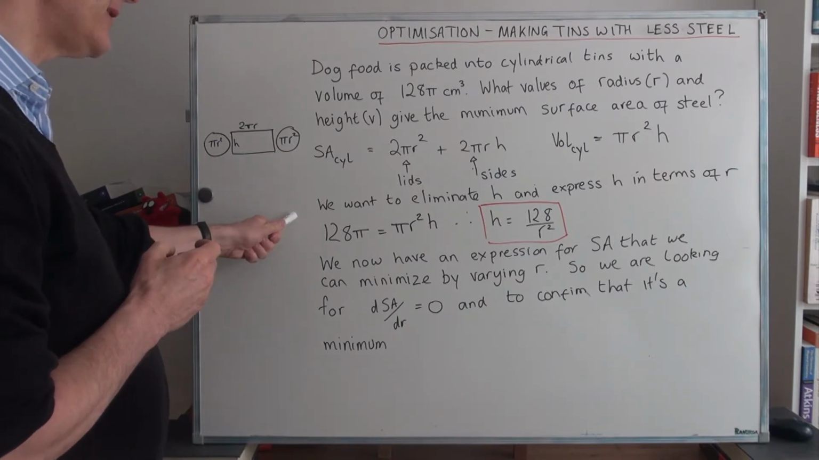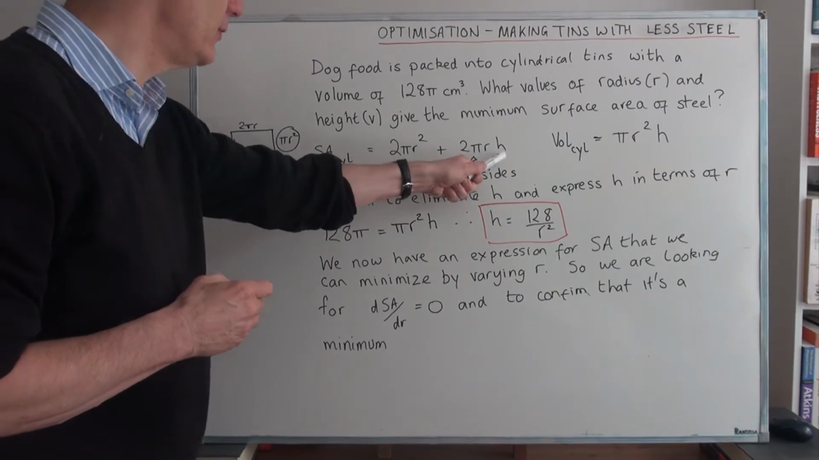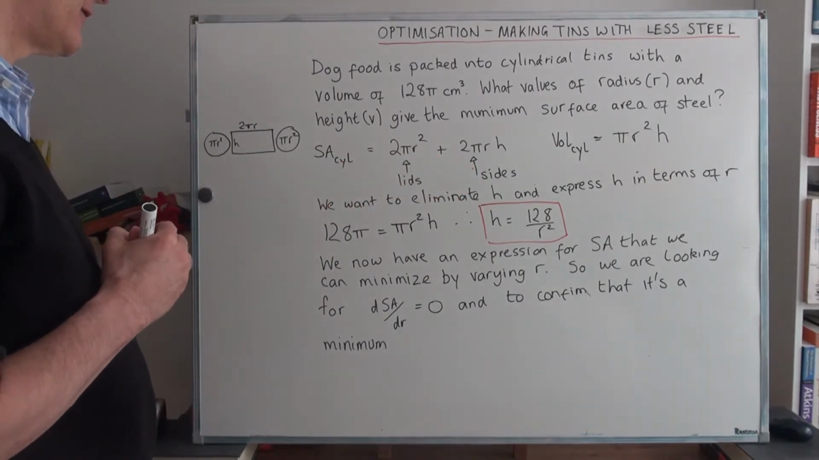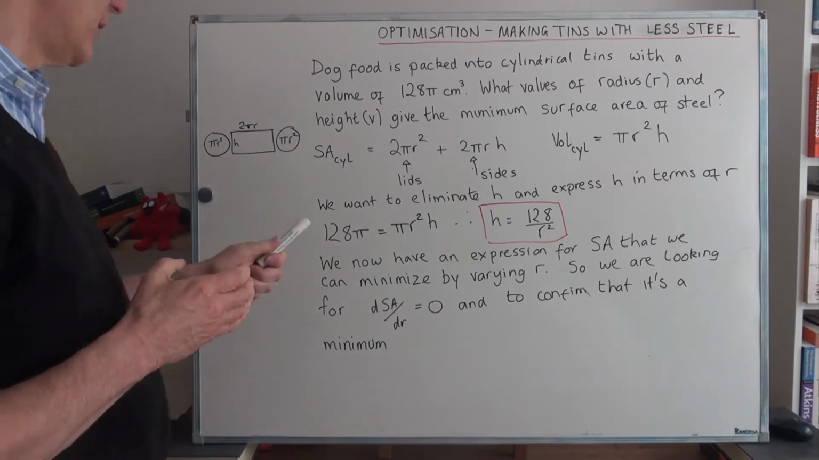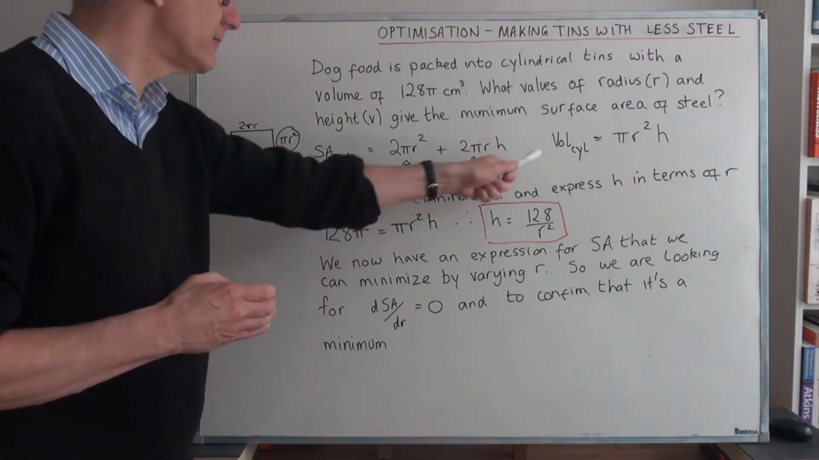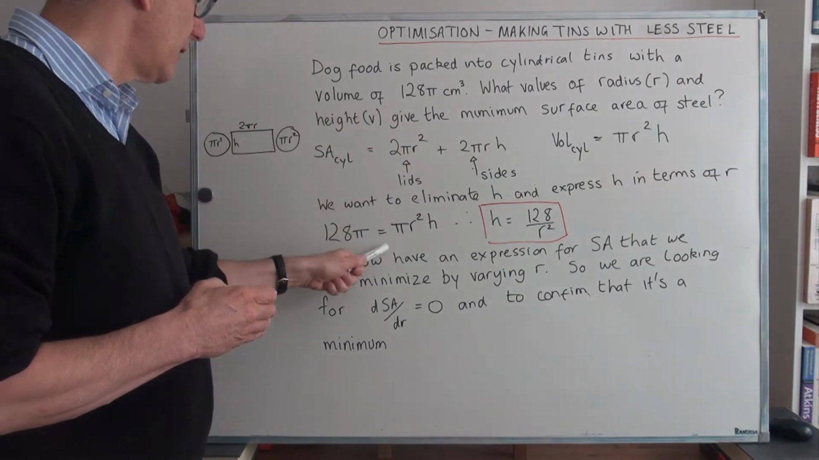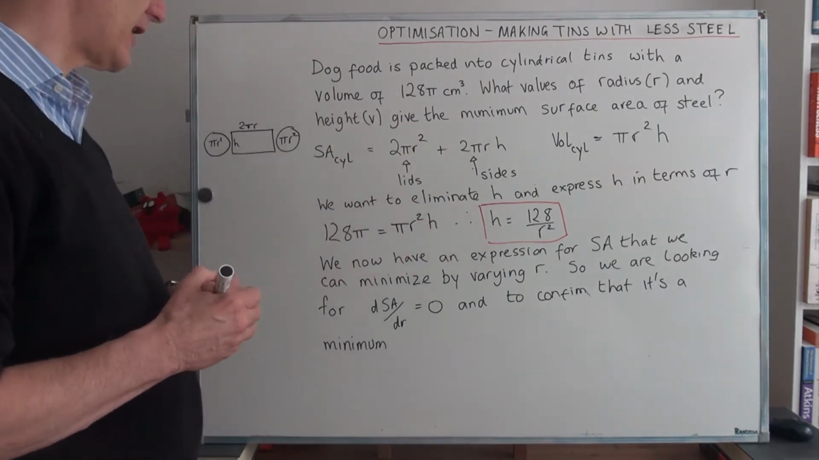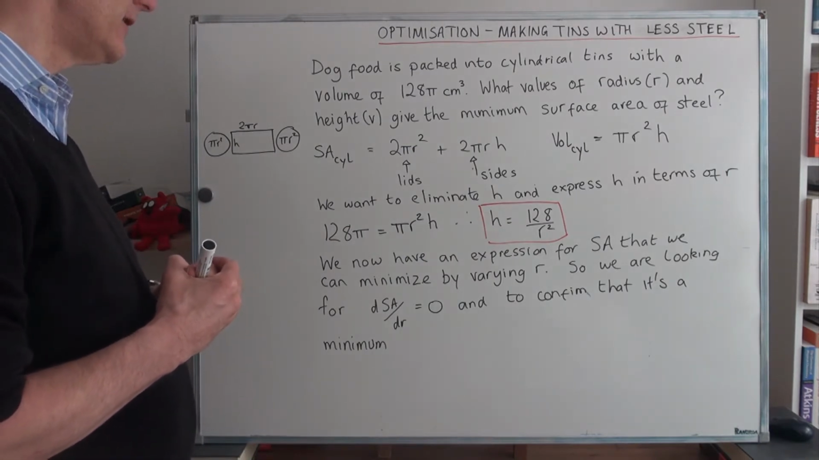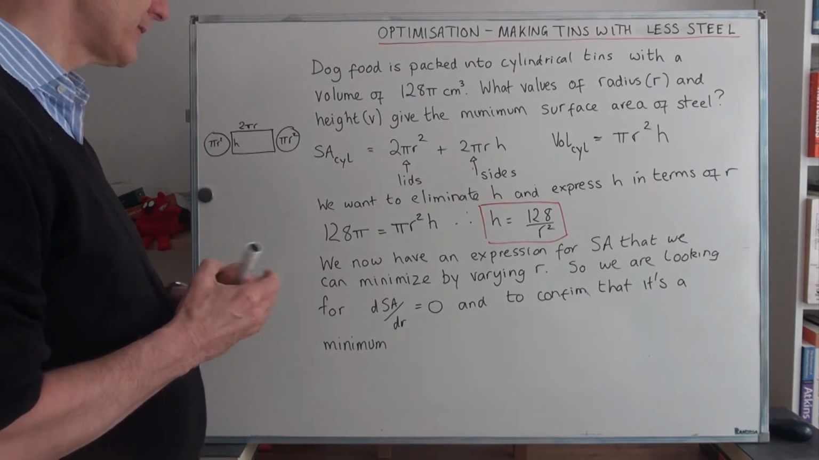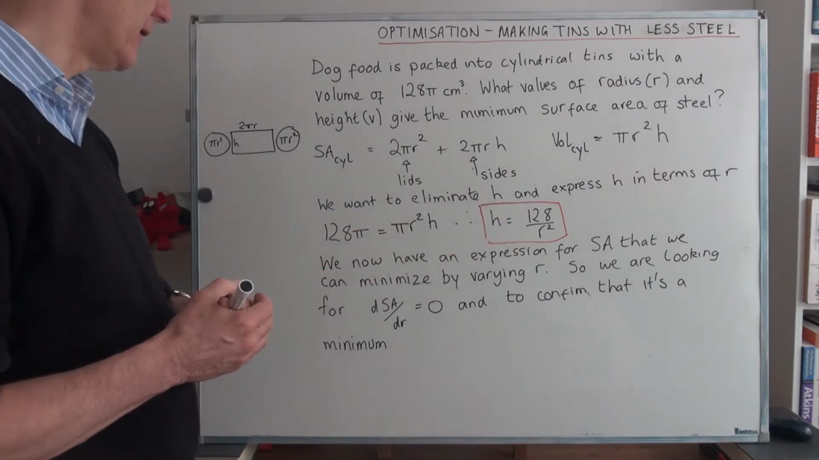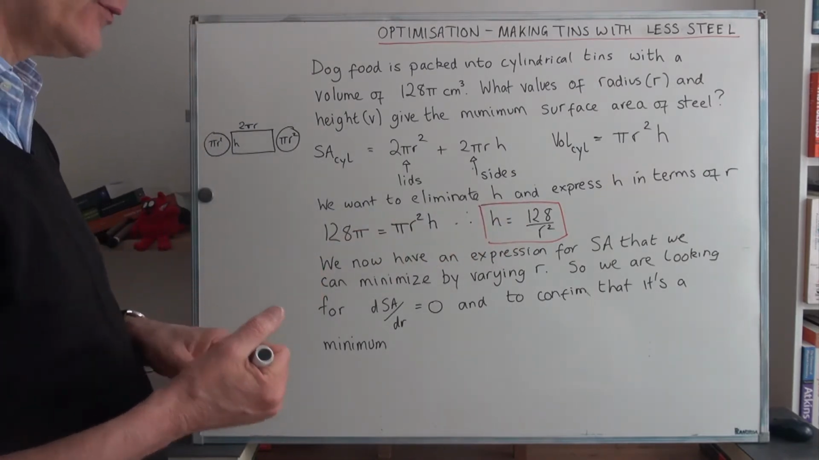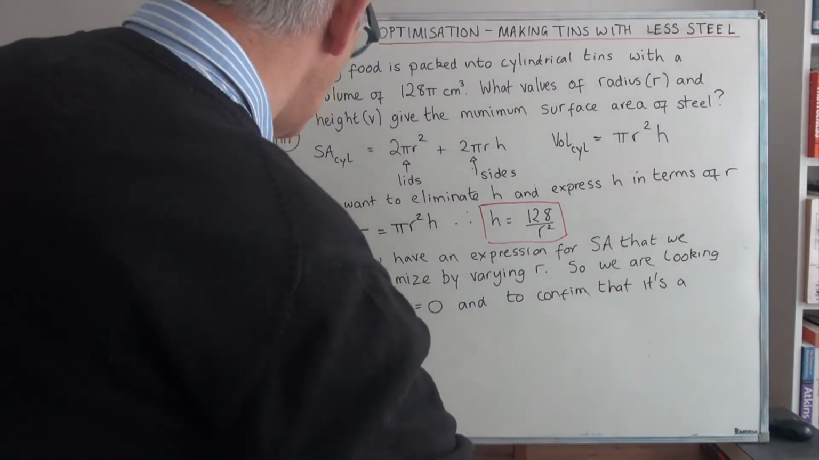So we want to eliminate h. We don't want two variables in the function that we're going to differentiate. So we take the volume, we equate it to this, and from that we extract an expression for h in terms of r: 128 divided by r squared. This allows us then to write down the function that we are going to